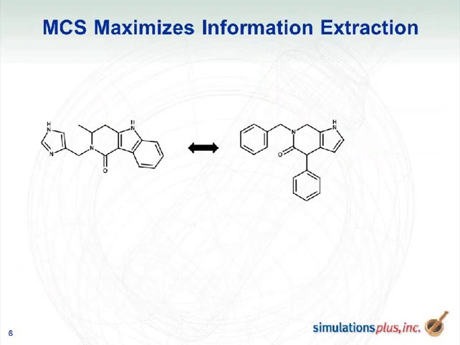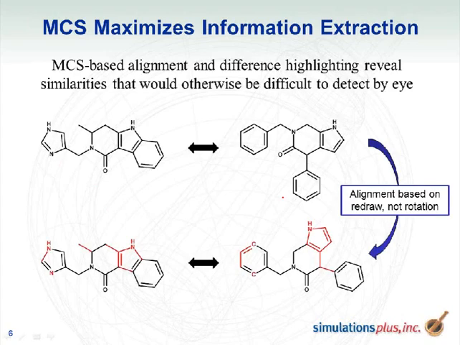Okay. We also align the scaffolds based on the maximum common substructure. So for these two, there is an option to either align by redrawing the structure or align by just rotating the structure. And so this alignment that I show on this slide is simply the alignment by rotating. If we were allowed to, or let the program align based on